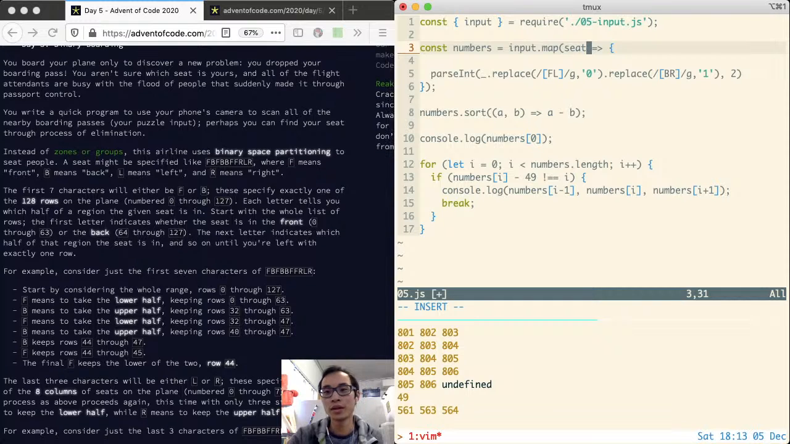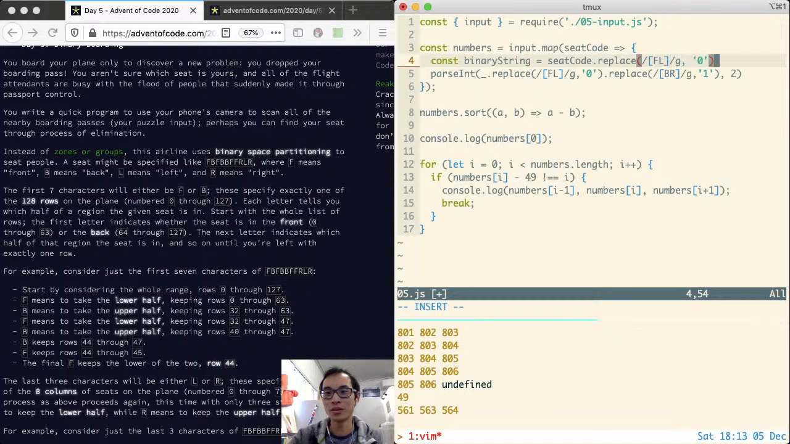That doesn't say. So we'll just call it the seat. I can't call it seat ID because that's something else. The seat code, let's call it. So const replaced binary string is you take the seat code and you replace all the F's and all the L's